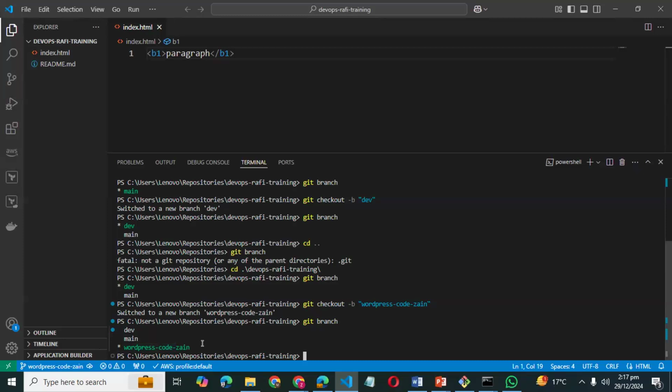So now let's discuss the power of branches. Whatever changes I make in that branch are not going to be reflected in other branches, right?